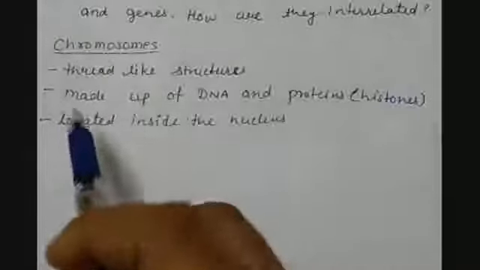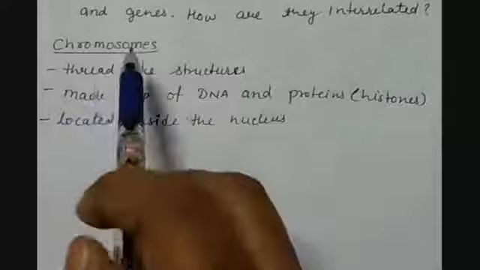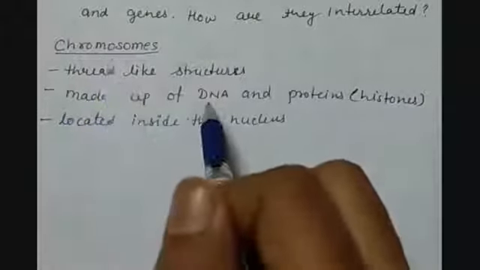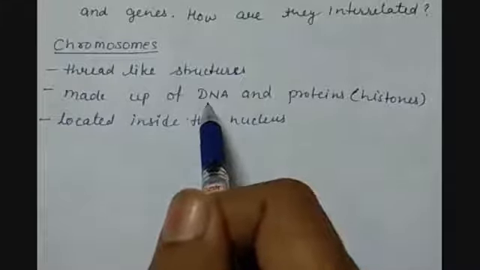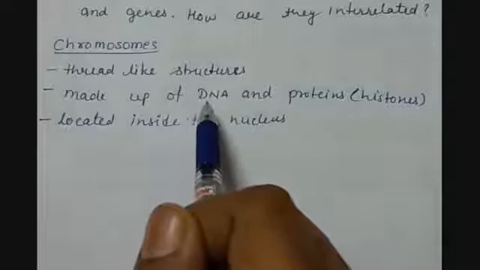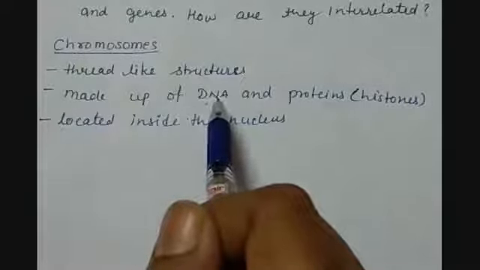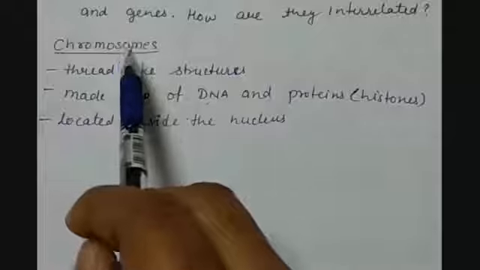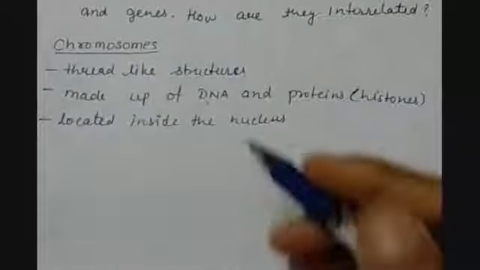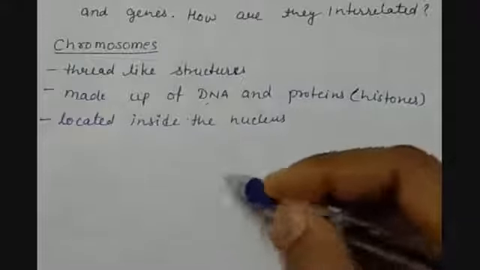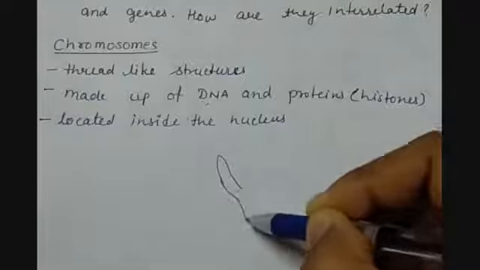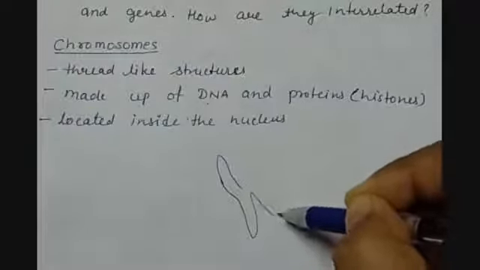Chromosomes are so small in size that they are not even visible under the microscope. They are attached with the DNA. So only when the cell division takes place, at that time when DNA is being copied, only then chromosomes are visible under the microscope. If we talk of the structure of the DNA, as I told you that it is a thread-like structure, and this thread-like structure is having